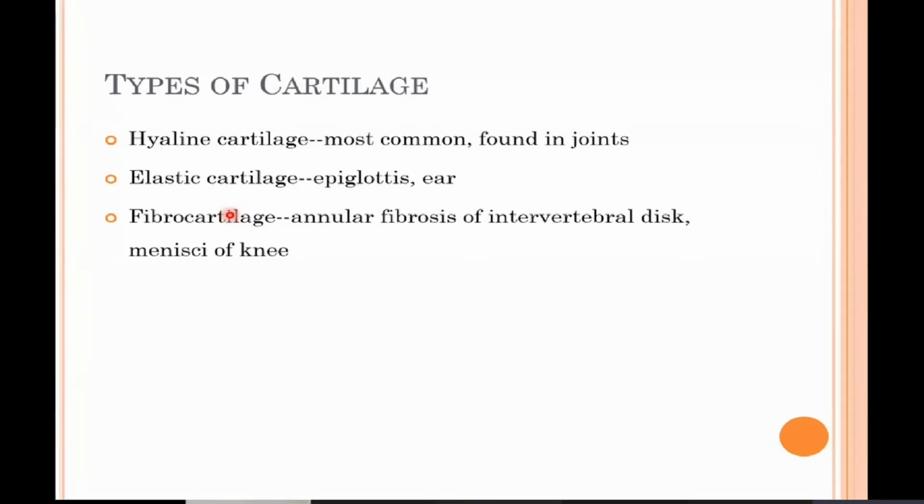And then the second type is the elastic cartilage, which is a more flexible type of cartilage present in the areas where more flexibility is required, like in the epiglottis and the ear. And fibrocartilage is the third type of cartilage, which is a sturdier type of cartilage and more shock absorbing, present in the intervertebral discs, in the menisci of the knee, in the joints and sutures of the skull, or in the fusions of the teeth with their gum bones.